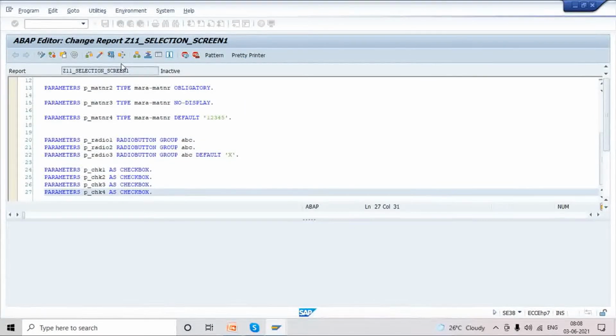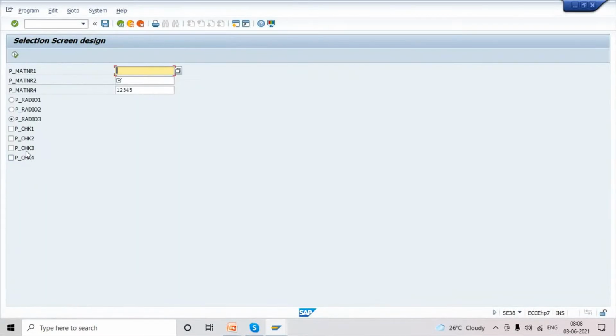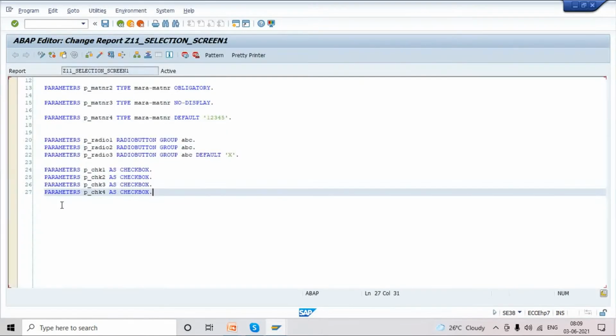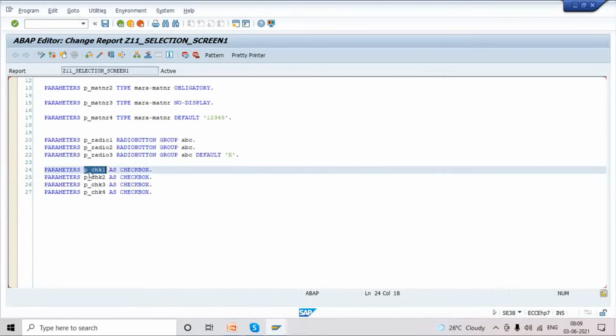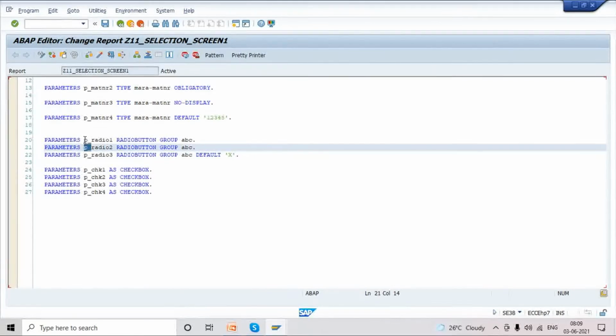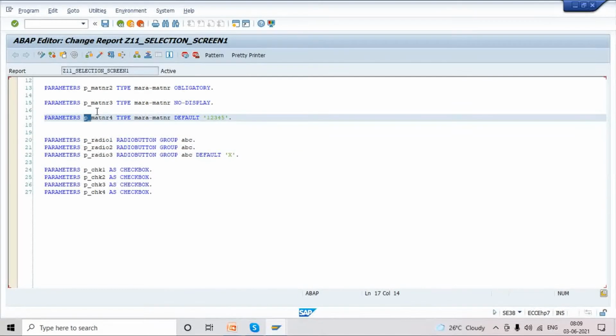It's not restricted to a single checkbox. We can select all, or whatever they want, from the user's point of view. Syntax is PARAMETERS, checkbox name. Since the keyword is PARAMETERS, that's why we put P_ everywhere. SELECT-OPTIONS also follows the same syntax.